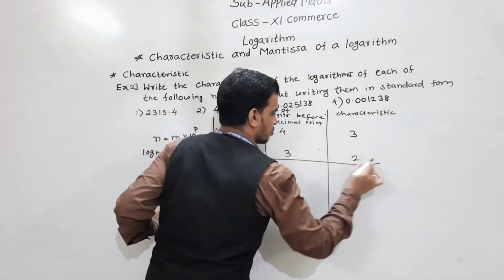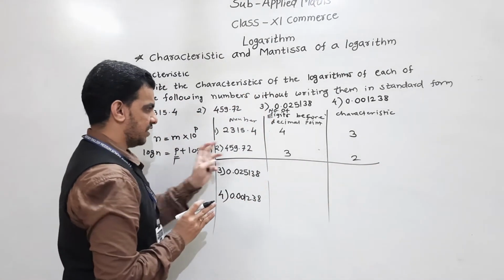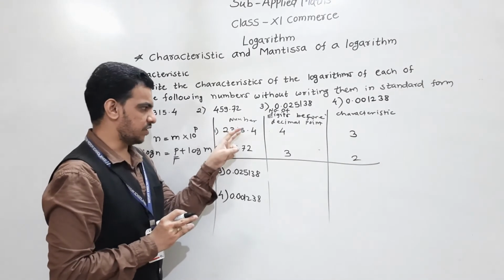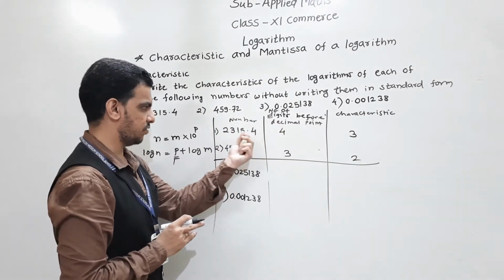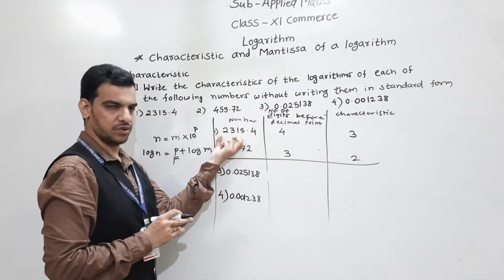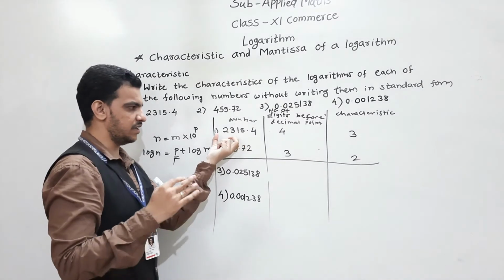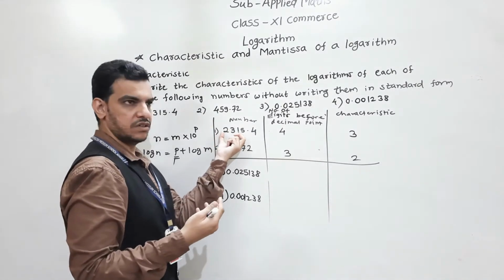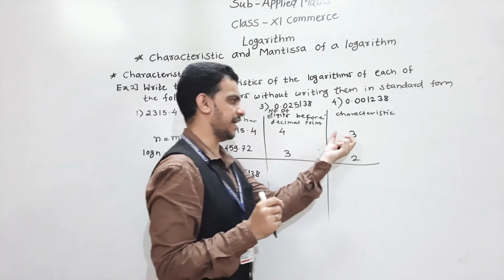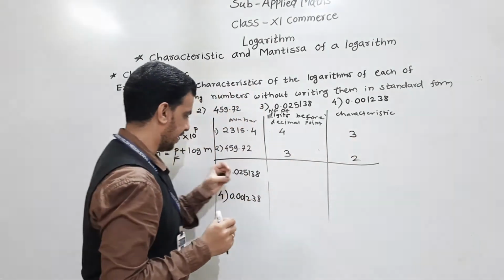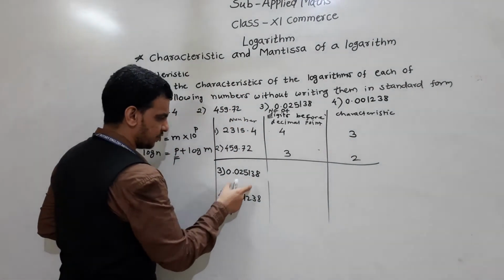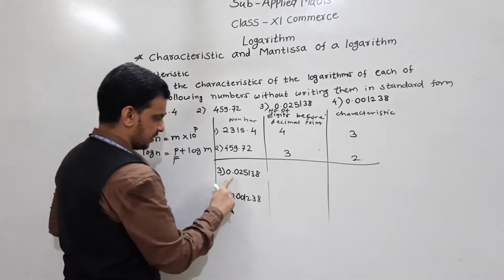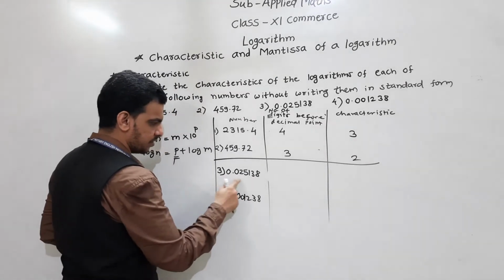When the number is greater than 1, then we have to use this: first count the digits before the decimal point and subtract 1 from that number, and we will get the characteristic. And if the number is less than 1, then suppose this number is there,